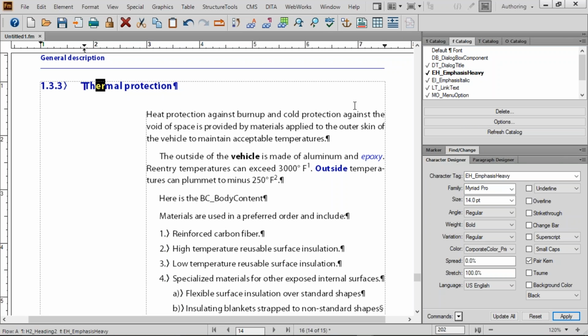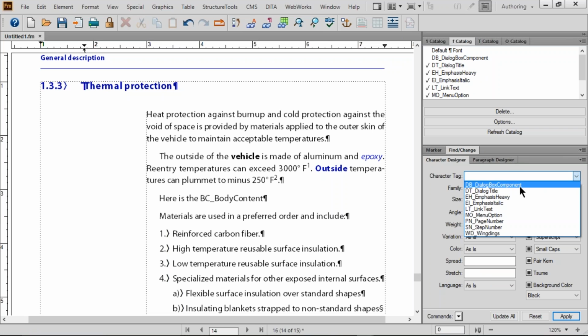Good question. Here's what's happening. I'm going to click in the margin. So I'm just clicking away from any content and my character designer goes completely blank. That's usually your safest bet when you're working with a character designer. Inside here, if I click the drop down and I take a look at what an emphasis heavy looks like,